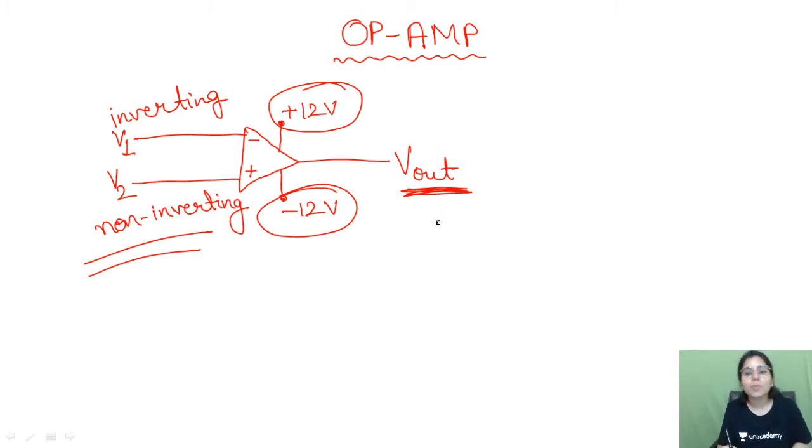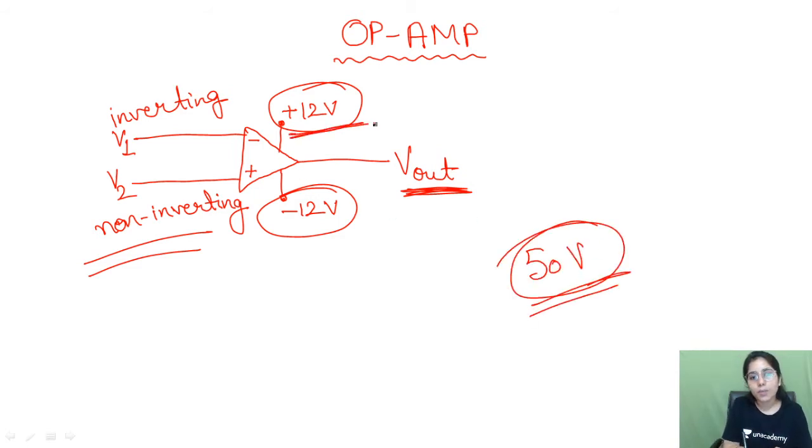That's one of the very important points related to the operational amplifier, because we can get questions of this type in which, if you simplify the circuit, you may get the answer as 50 volts. But if the saturation voltage of that op-amp is 12, you can't get 50 volts at the output side. You may even have options showing 50 volts, and you will feel like, oh, I got the answer and that's correct. But it is not. Why? Because it is the maximum magnitude of the output voltage of that kind of op-amp.